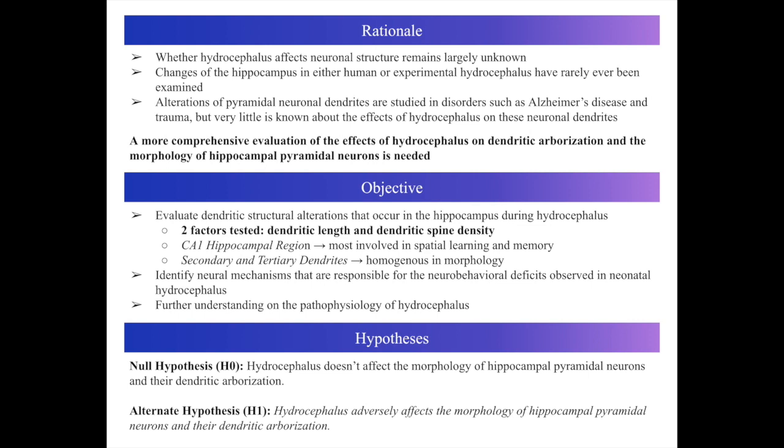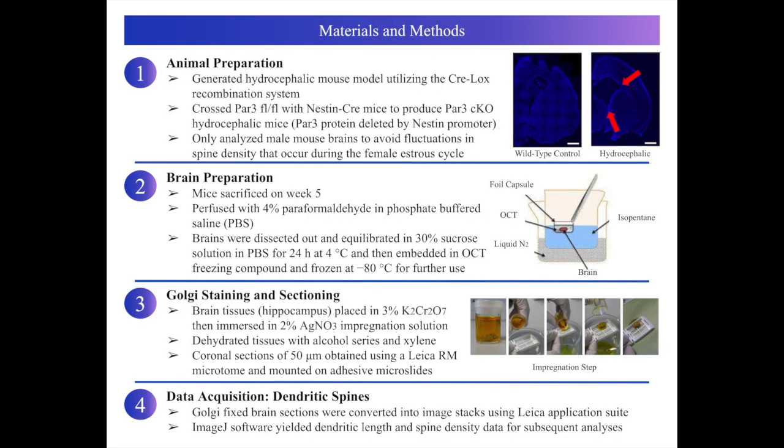I chose to restrict my investigation to the CA1 hippocampal region, as it is the most involved in spatial learning and memory. Additionally, I examined only secondary and tertiary dendrites, as they are homogeneous in regard to dendritic morphology. My other two objectives were to identify responsible mechanisms for the deficits associated with this condition and to further our understanding of its pathophysiology. The methodology of this project can be split up into 4 distinct sections, the first of